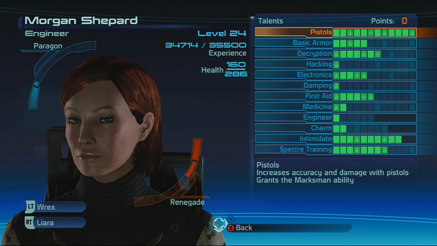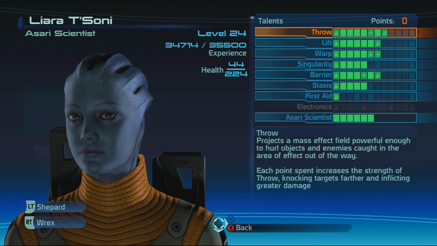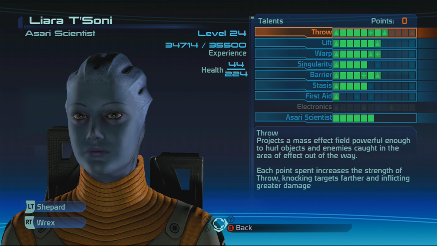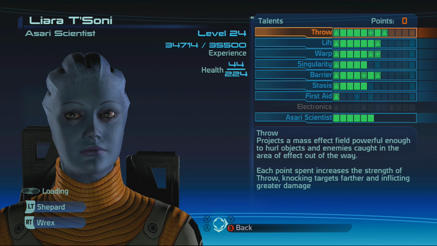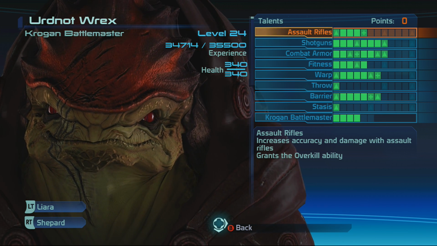We actually just got into the Mako. I assigned points to my squad. We're basically all ready to go get Matriarch on Venezia, and I also upgraded the weapons that my squad was